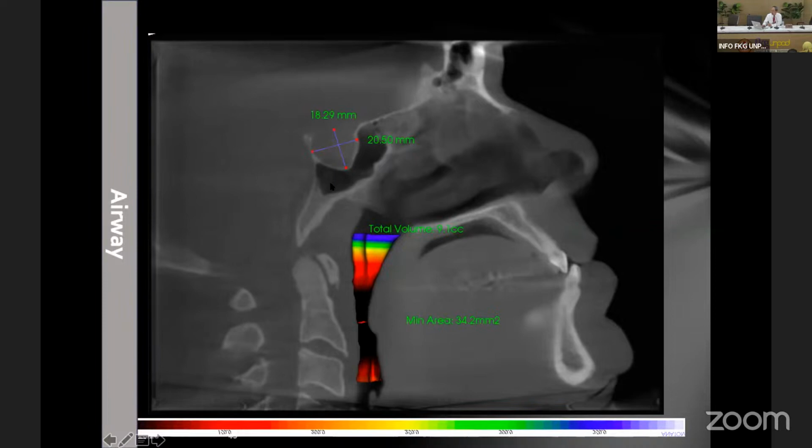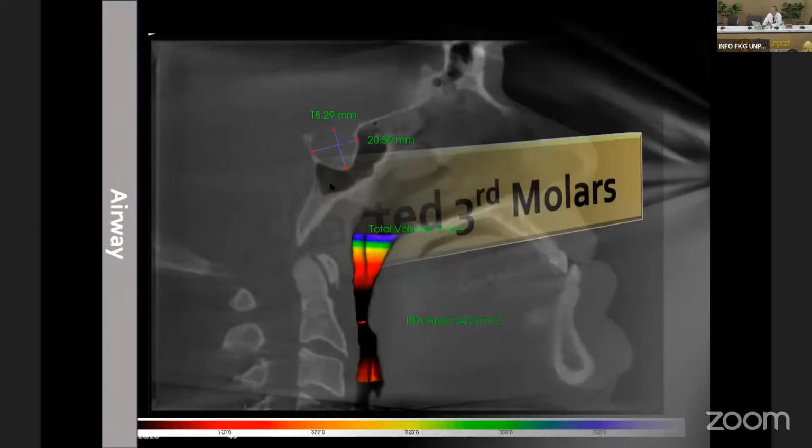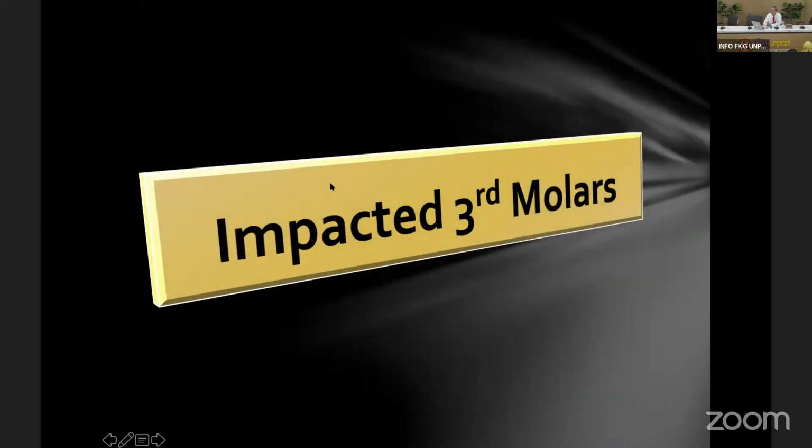So this is a patient with a pituitary tumor inside the sella turcica. Those kinds of patients, sometimes if hormone is produced, can develop gigantism, or there may be some narrowing of the airway.